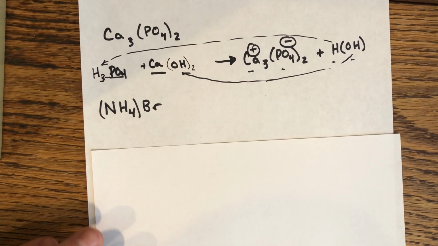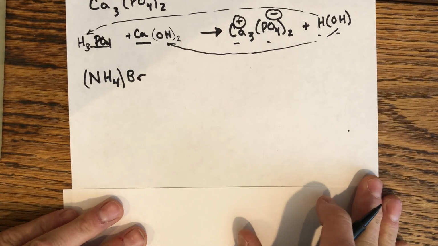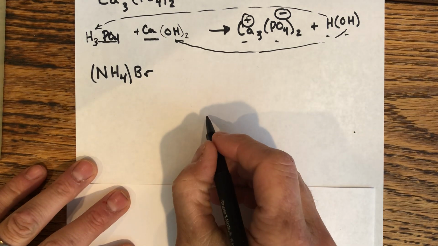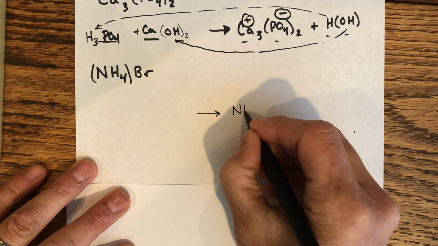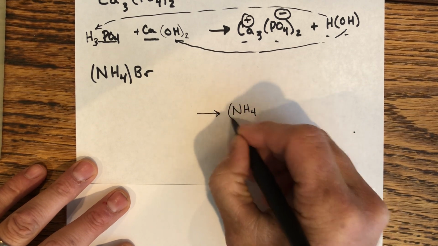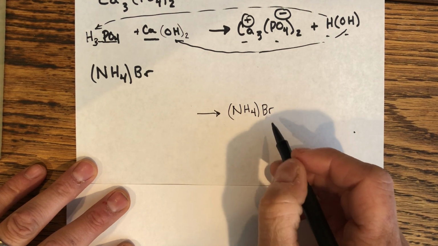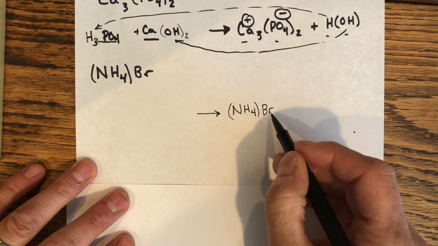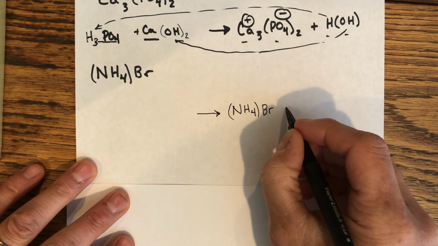Okay, here is the next salt that gets made in a reaction. So let's just do this the same way we did the last one. So here we have ammonium bromide, which is the salt that is created in this neutralization reaction. So let's do the same thing we did. We're going to put that formula here. Okay, there are no subscripting requirements here because ammonium is a +1 polyatomic ion and bromine is a -1 ion as well. So 1-to-1, no subscripting. And then the other thing we make,